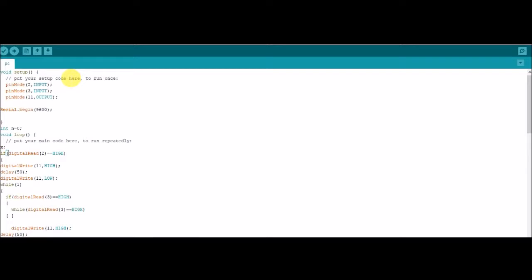First of all, we'll write if digital read 2 equals high. This means if an obstacle comes in front of IR sensor number 1, then a buzzer will sound once, and then the execution will move into an infinite loop. This is while 1, which stands for an infinite loop. So in this loop we are again checking whether IR sensor number 2, that is the sensor which is connected to pin number 3, is high or not. Once it is high, that means the obstacle has crossed both the sensors,